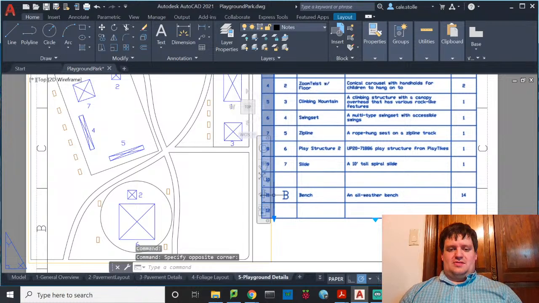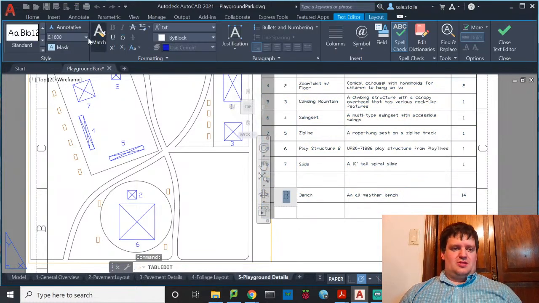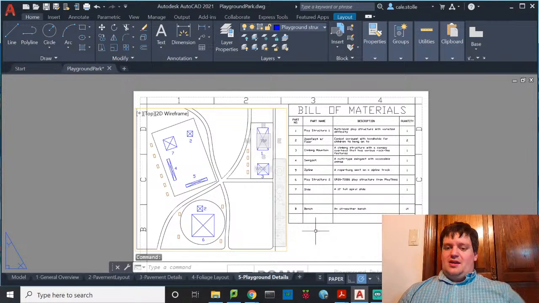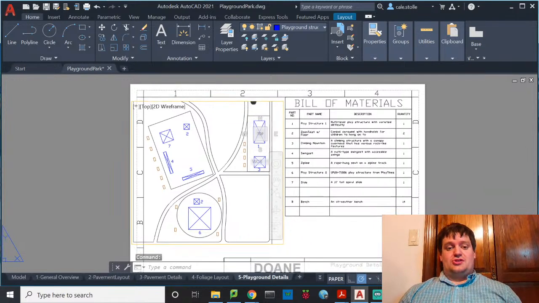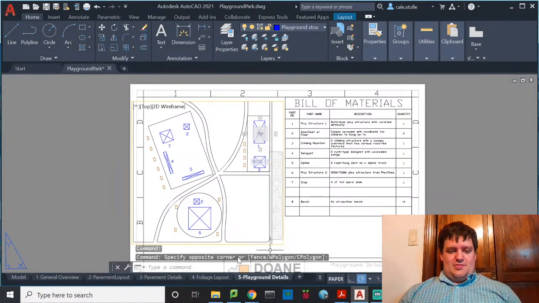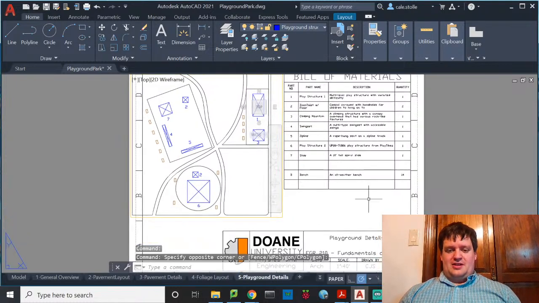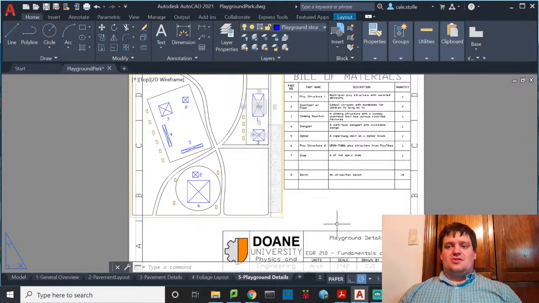I do have to make this smaller. Done. Okay, and there we go. Now I have finished my page. So we are done now with playground details. We have 2 pages left. I will try to get those 2 pages done tomorrow before class, but bill of materials is actually going to be a very, very simple one. We'll go ahead and reference this bill of materials in our bill of materials. Pick it up